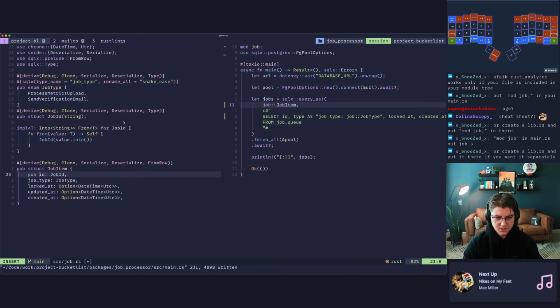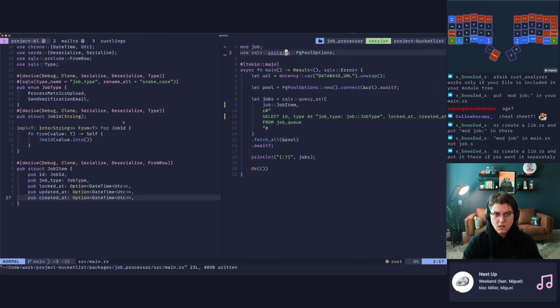Do I have to mark these all as pub? I guess so. Okay, that's starting to make sense. So how does it know that this is under the same module?